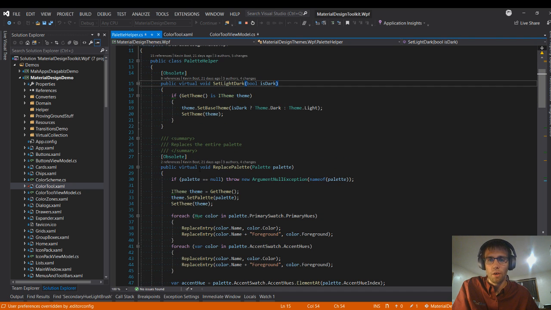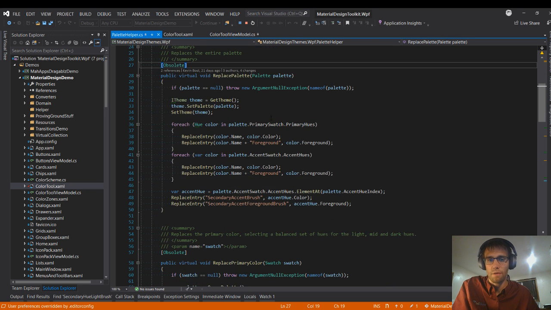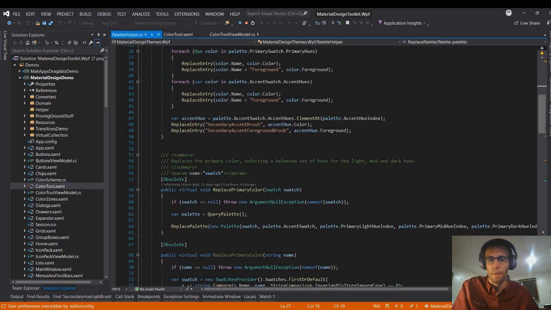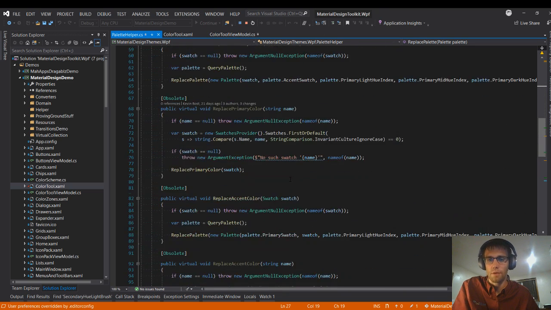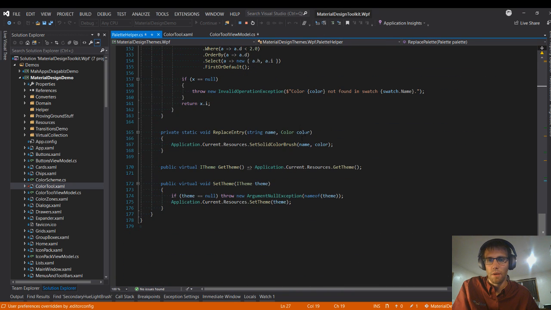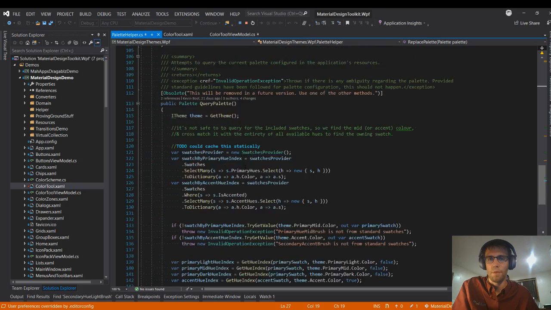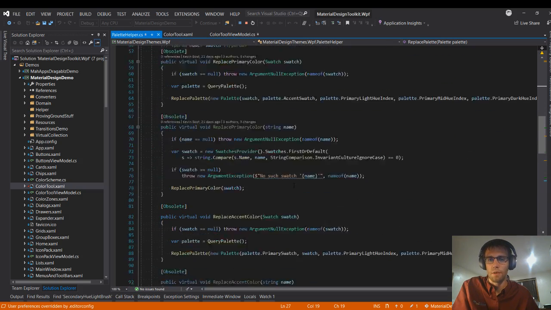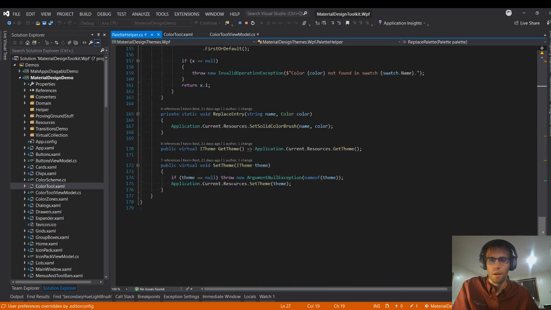You are still welcome to use them, but be aware that probably in 3.0, my plan is to remove these in favor of switching over to the newer methods. So all of these ones marked obsolete are basically forwarding on to the newer get theme methods that exist inside of here. So specifically being able to pull out the